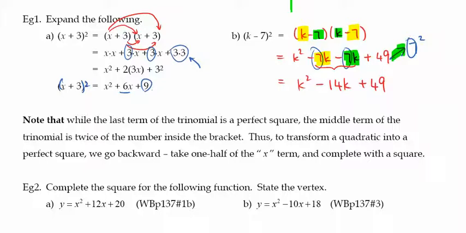When you divide this middle term by 2, that's the number you'll be using for the perfect square to complete the square. Or for the second example, starting with 14k in the middle, when you divide it by 2, that's the number you'll be using for your